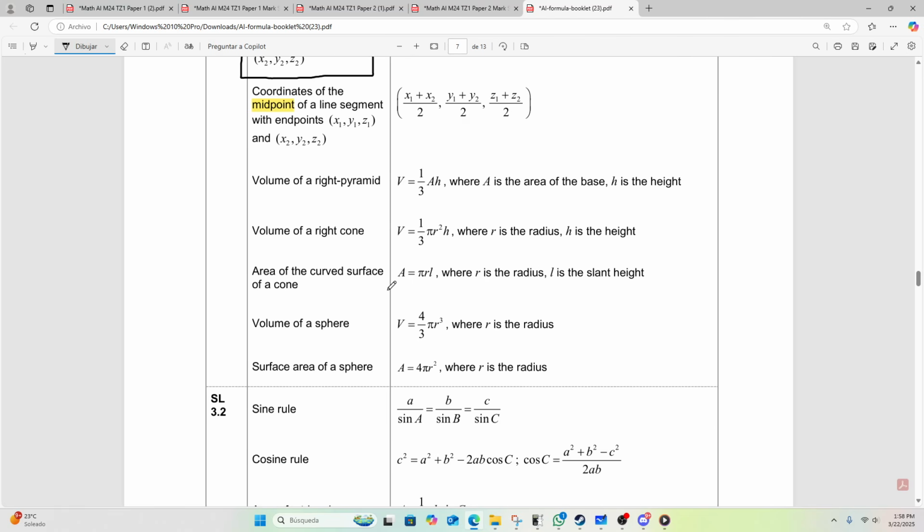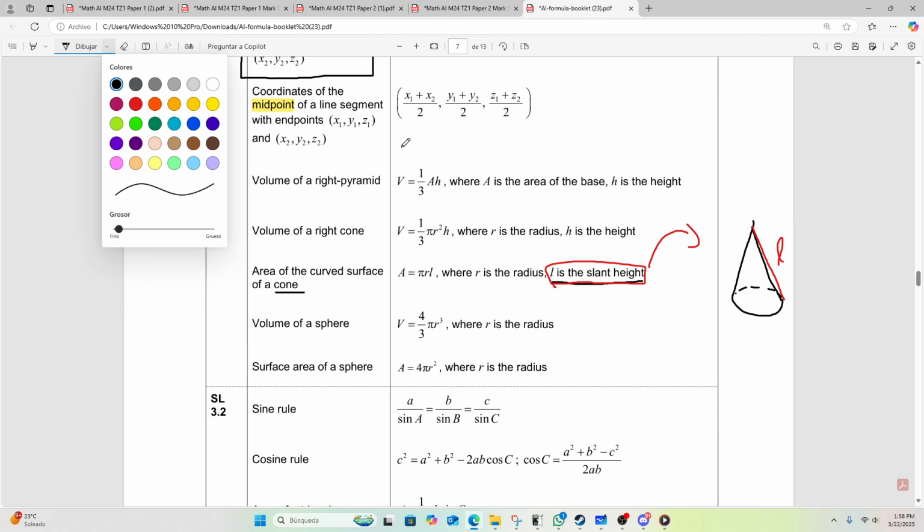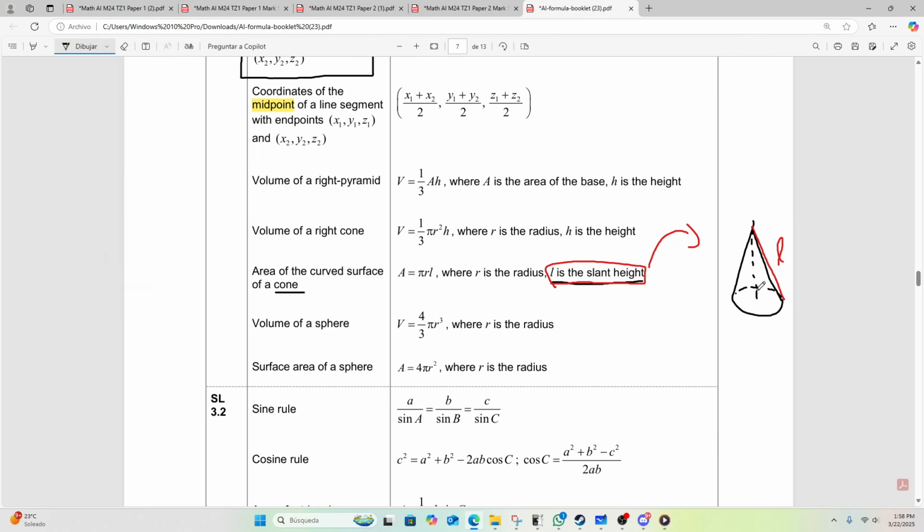I guess the only thing I should really explain here is that slant height is not exactly your usual height. So this is for a cone, see? So the cone looks a little bit like this. And so slant height is this guy here. That's your slant height. Very different than your so-called actual height. It's a little bit different. Careful. That's the one thing I can mention for that area.